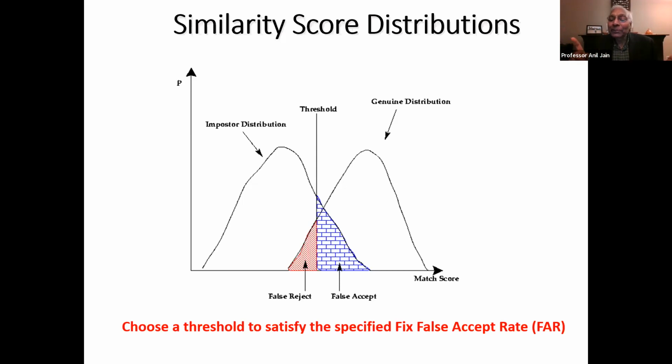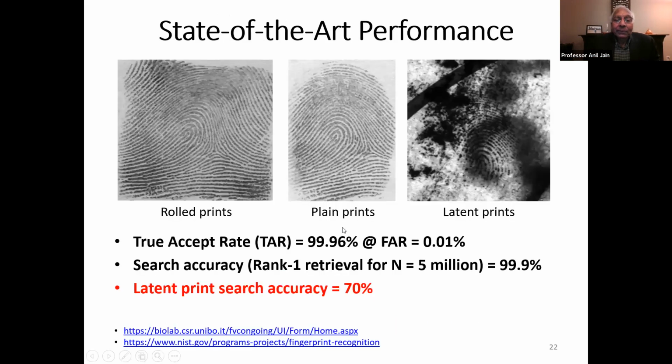And ideally, it should always be the same, but it's never the same because of the amount of pressure I apply on the reader, the condition of the finger, humidity, dryness, and so on, whether I provided a partial fingerprint. So the genuine distribution has a finite variance. The imposter distribution also has a finite variance, although the imposter distribution generally has a smaller variance than the genuine distribution. And because these 2 distributions overlap, no matter where you choose the threshold, we will have 2 types of errors: false accept and false